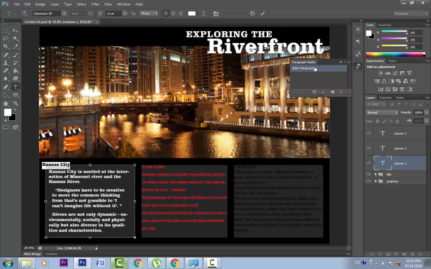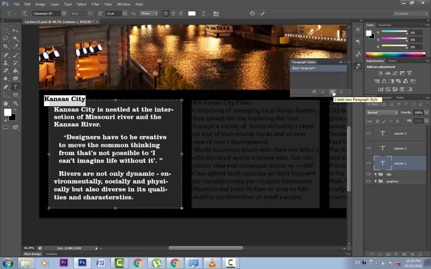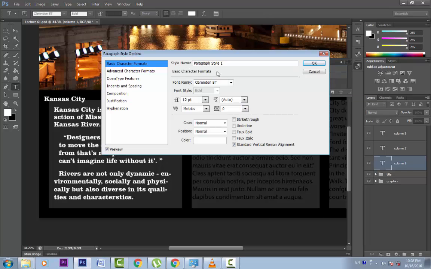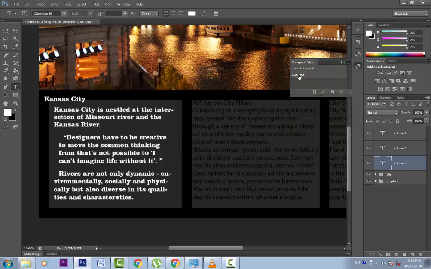Photoshop knows that there are some changes applied to the paragraph over and above this basic paragraph style. So it is telling us that there is a little difference in the paragraph style. Let's create a new style, and when we double click it, we can see all the attributes of our formatting. We just need to name it. Let's name it subhead. Our new paragraph style has been created.